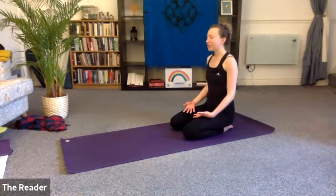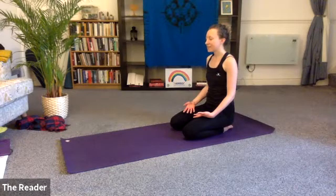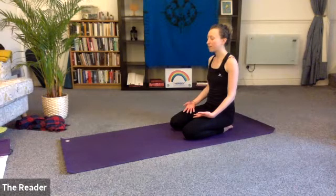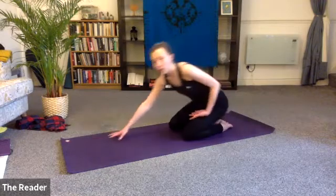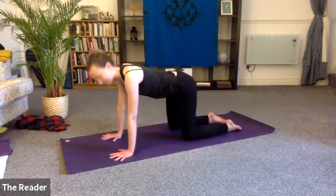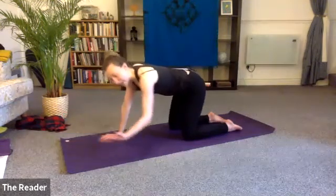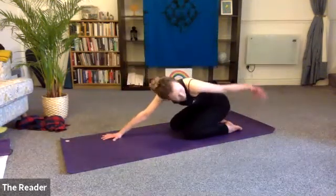Maybe you can feel your heart beating gently inside the chest. Coming back to the felt quality of your breath. And then when you're ready, we'll meet back in our all fours position to take that little sequence on the left side. So beginning with the left arm circles, bring your hand back towards your left foot, lifting your arm